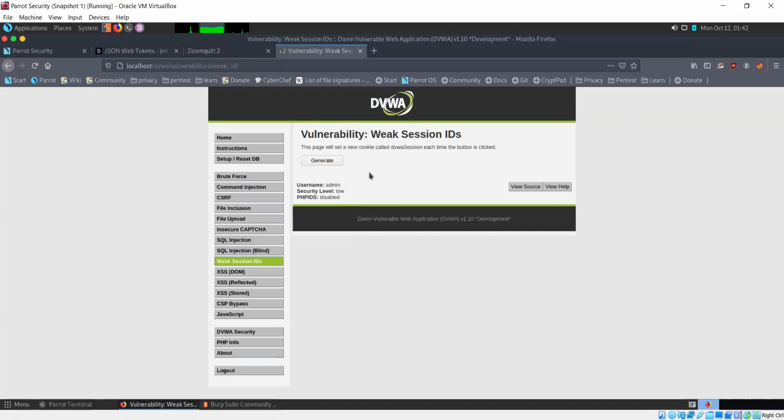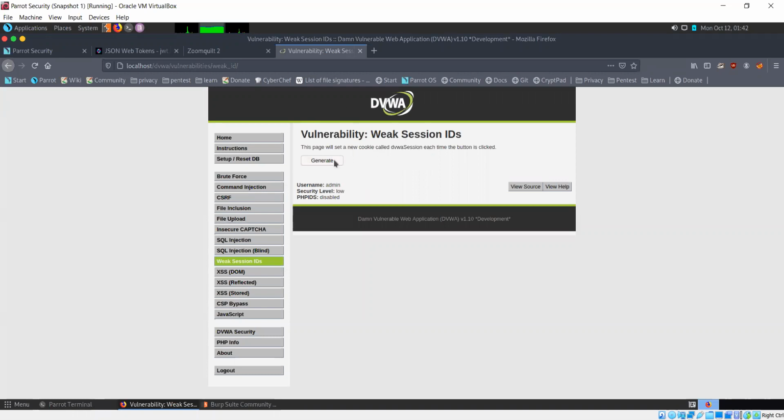Or they could also steal other users' sessions by predicting the session IDs. If they see you and one more person logging on, and they see the relation between the two session IDs, they could predict someone else's session ID and take over their session by inserting that cookie into the browser. This kind of thing is known as session hijacking. This is a session hijacking attack.